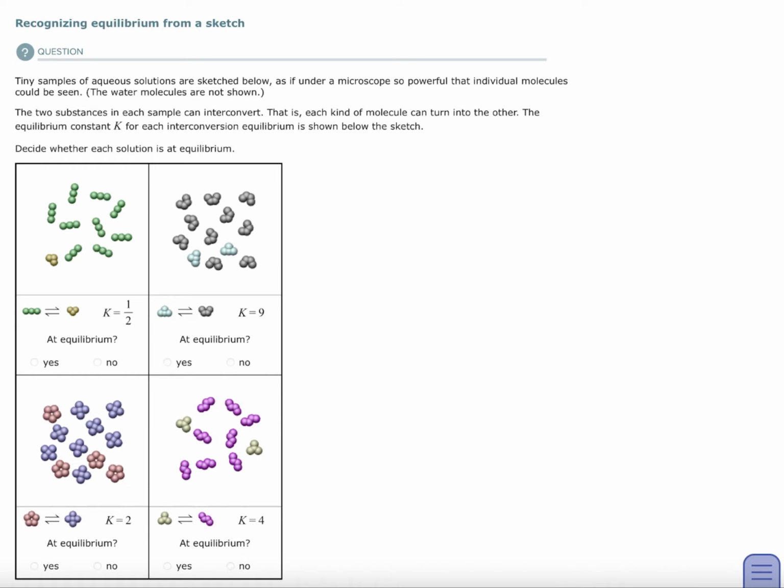So when you do an equilibrium, you're interested in your K, and your K is essentially the rate or the speed. It's a constant that makes that reaction work. Okay, that explains that reaction well. In this case, you're given not concentrations, but molecules that you can see. You can see which one is a reactant and which one is a product, and then you can compare products to reactants and check to see if the K that they gave you is